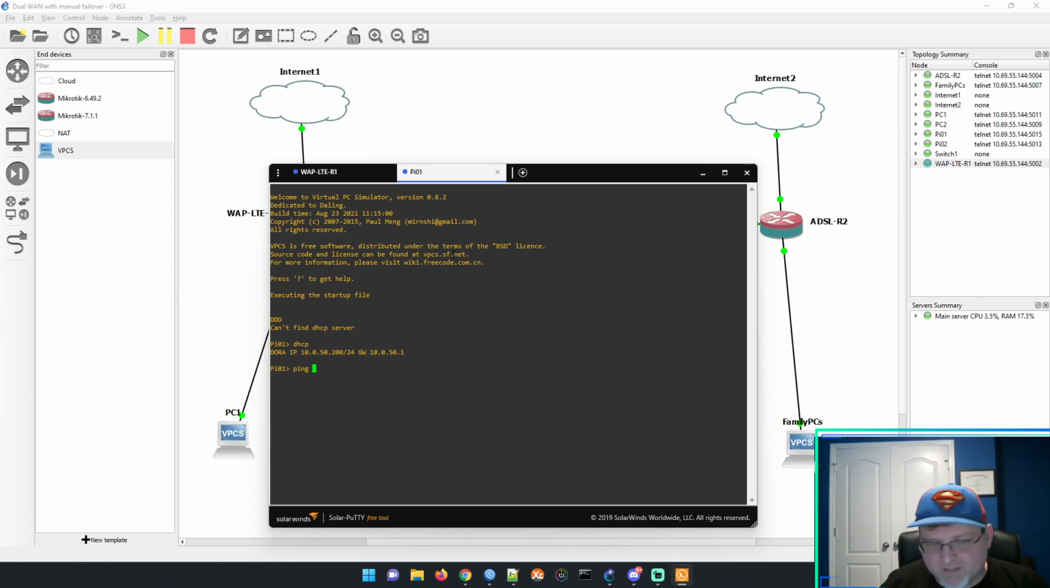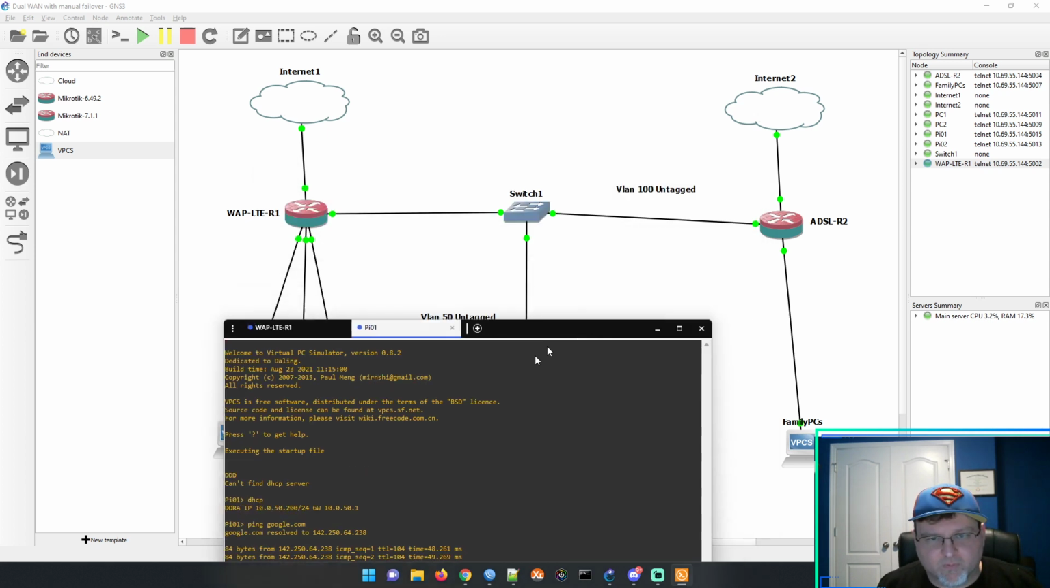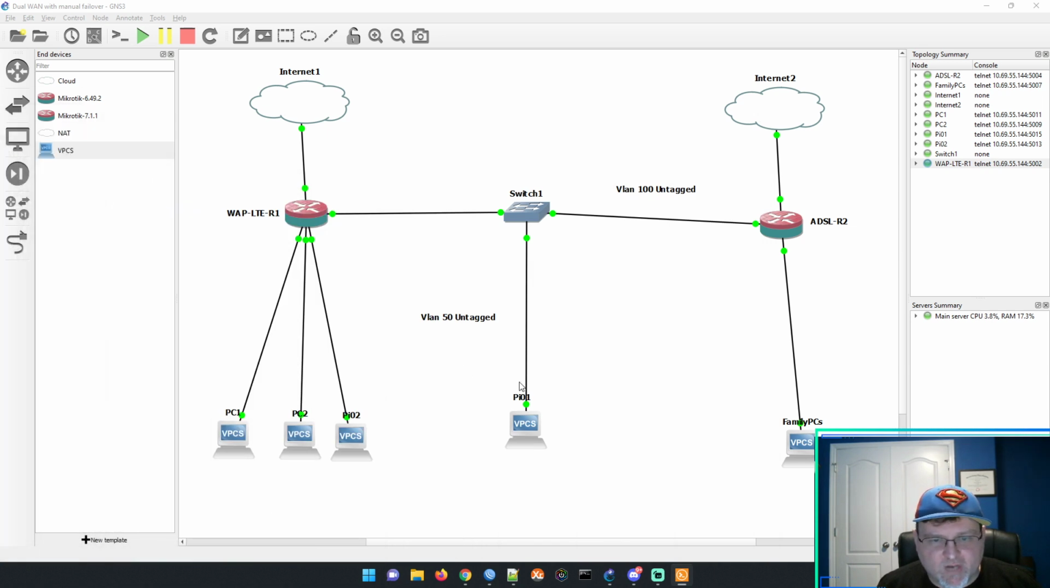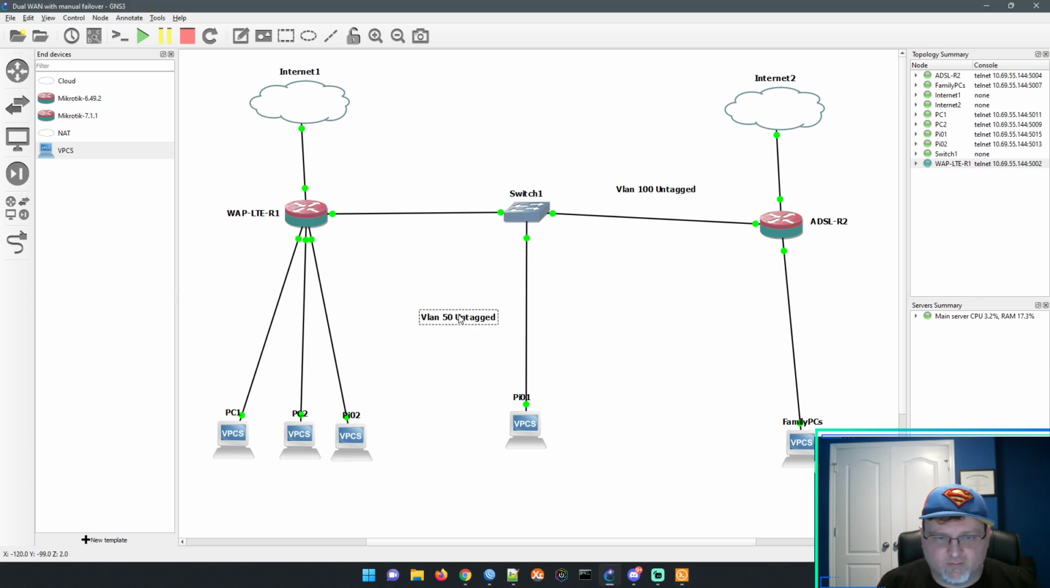So let's go ahead and ping out to the internet. So let's go ahead and ping Google. And we can ping Google just fine. That is wonderful. So now, essentially, the traffic is going from this Pi 1 through the switch to this WAP LTE router out to the internet. So let's go ahead and